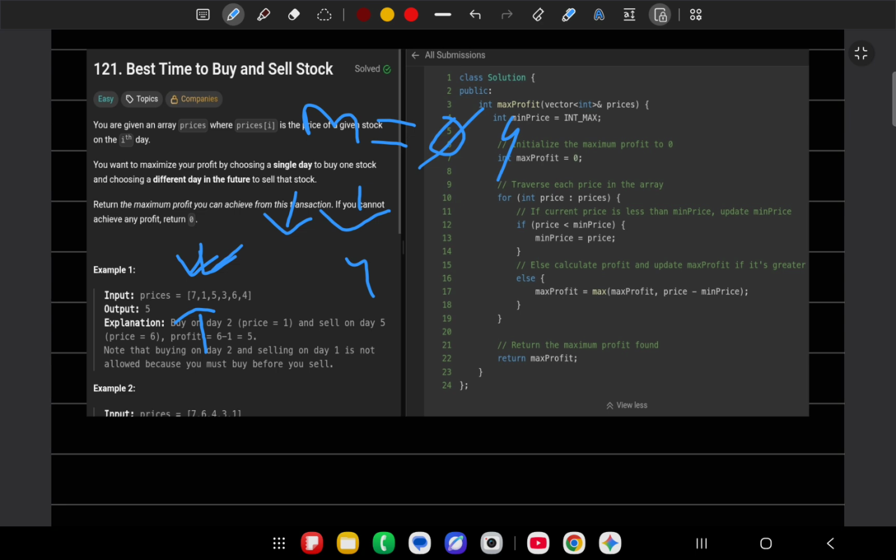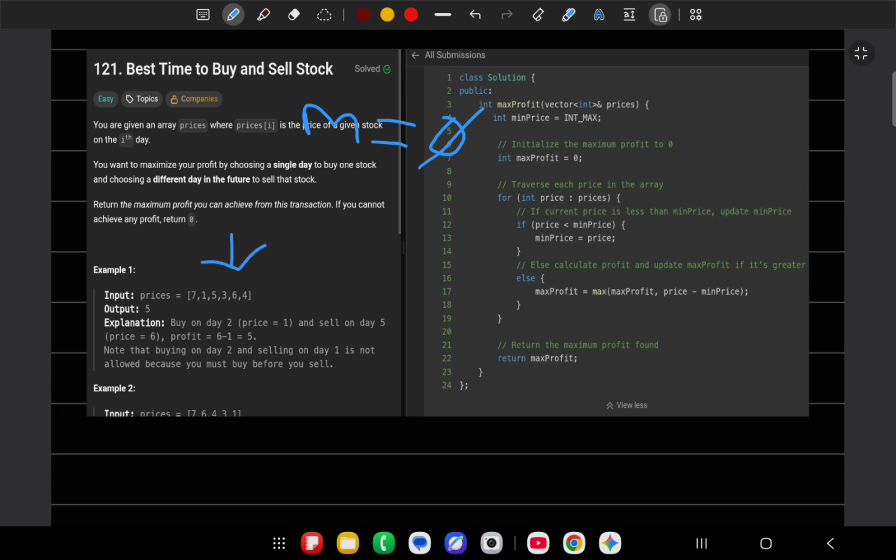OK, it is 4. What if we sell it on the third day, like 3 here? 3 minus 1 is 2, which is smaller than what we already got by selling on the fifth day. That is why we don't change this value.